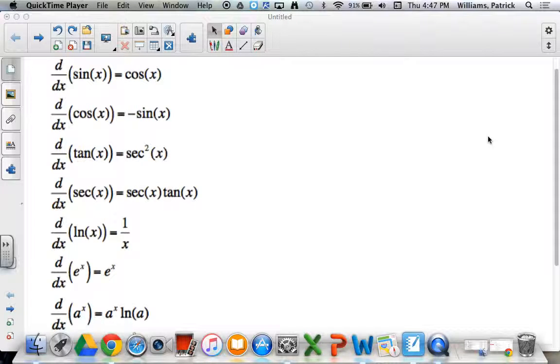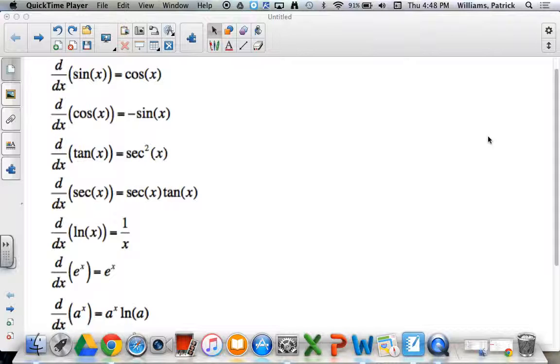Okay, so in today's video we're going to look at how to take derivatives of various functions. You'll see those first functions right there are our four major trig functions. We don't worry about derivatives of cosecants and cotangents in the BC Calculus curriculum. Then we have the derivative of natural log of x, e to the x, and some value a to the